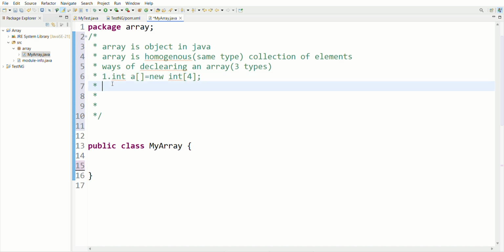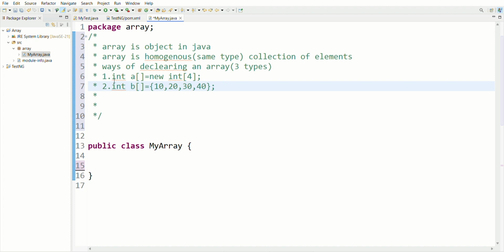The another way to create an array is int, let's take b. Int b, with the array symbol, is equal to curly braces. Now we can insert elements here. We don't need to specify any size here. Why? Because we are directly inserting the elements.